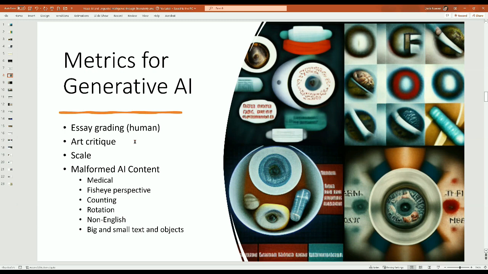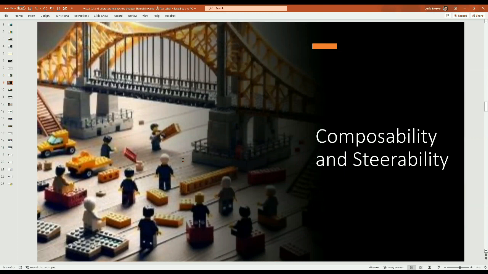We can develop benchmarks. But if you're talking about true generative AI, it's like the essay question versus true-false. A human typically grades that. If you're an art critic, some people may like this, some people may not, and of course there's the scale of it. So that leads us into the composability argument.